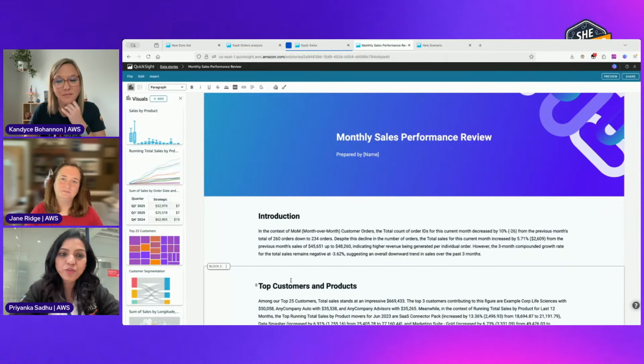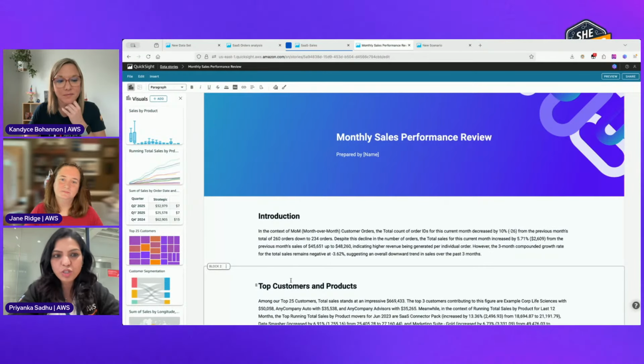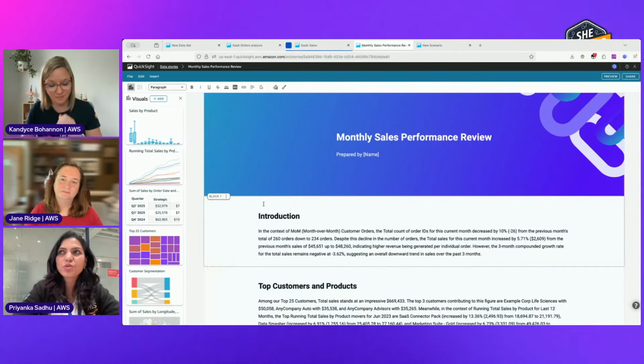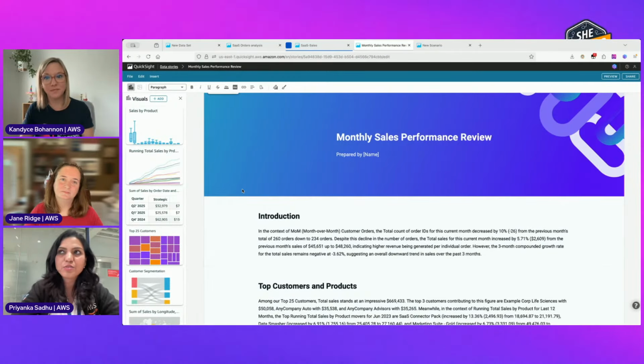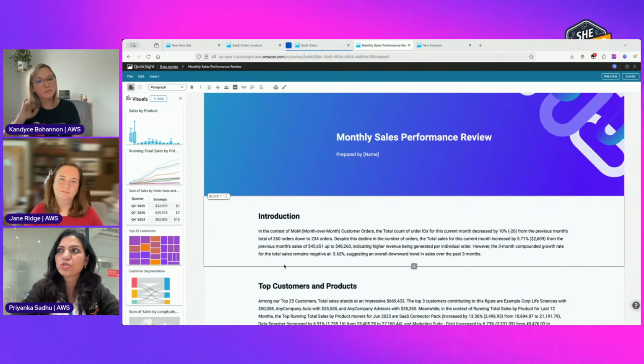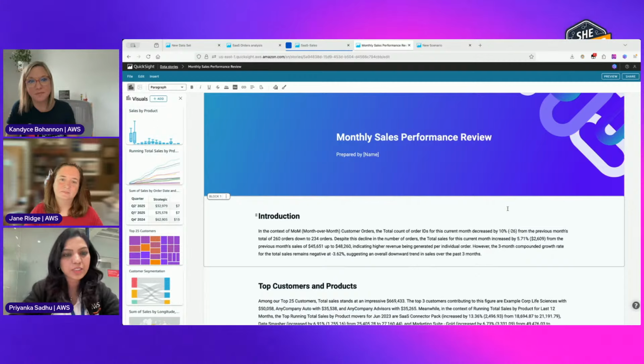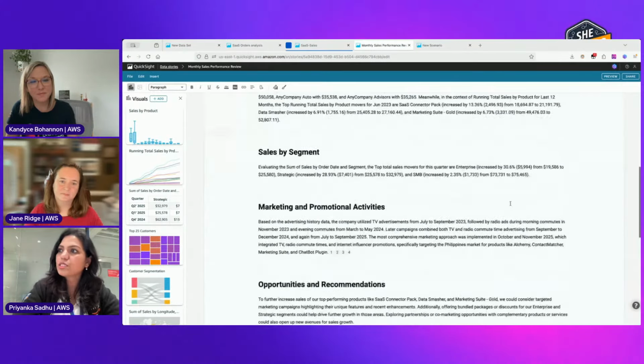You'll be like, okay, if you were to do it manually, it would take you such a long time to compile all of this together, right? So now you can go to data stories and say, hey, this is my dashboard, these are the visuals I want to use, and give it a little prompt and say, hey, I want you to create it in this style, and it creates a report out of it.